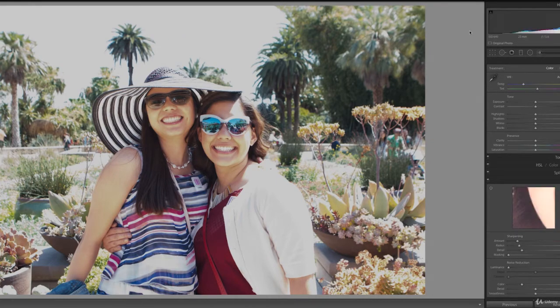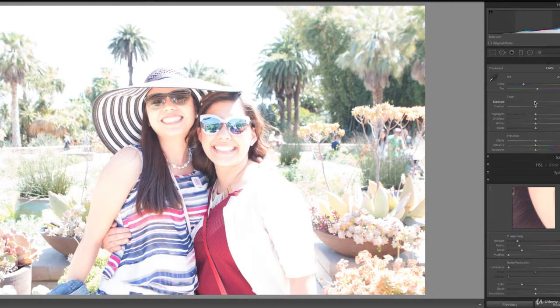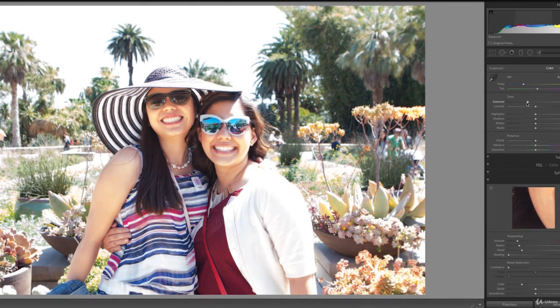But when I do the same thing with the RAW photo, let me bring down the exposure until their faces are well exposed. Look at that. The sky looks a lot better. You just have way more information in the RAW photo. It looks way more natural. And I haven't even done any specific adjustments to the highlights or the shadows. This is just a general overall exposure increase or decrease. And you can see that by editing in RAW or having the RAW version, it gives you so much more room to play with.